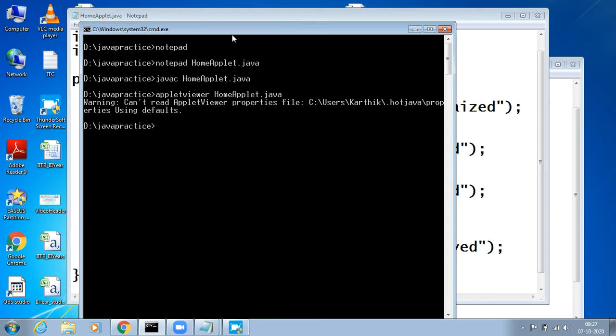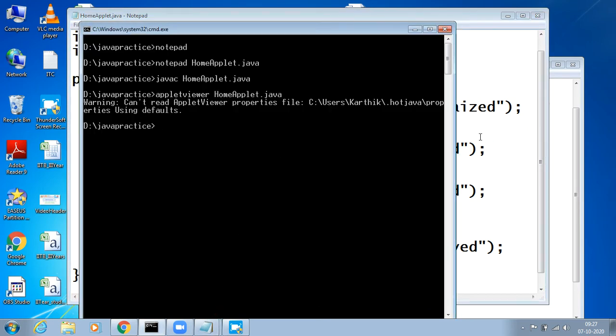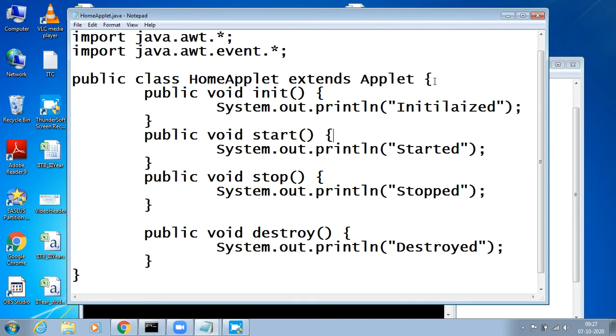When we run this, see, we can't get an applet viewer here. The main reason behind that is there is no applet code available here. So to show the applet in the browser, we need to create an applet code here itself.